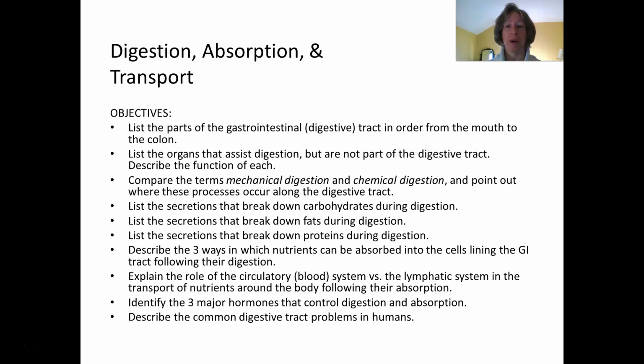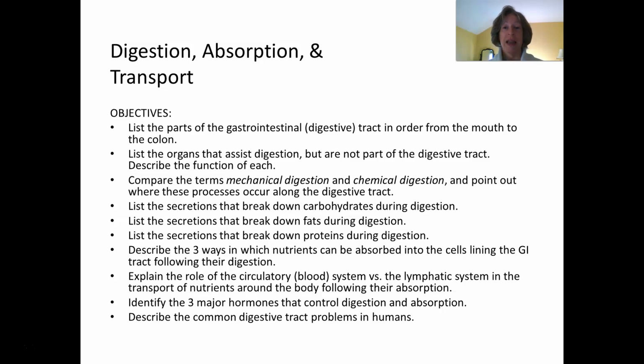Little to no digestion of proteins in the mouth. You do start to get digestion of protein in the stomach, and then it continues in the small intestine. So once we have our carbohydrates completely digested down into monosaccharides, our fats digested down into fatty acids and glycerol, and our proteins digested down into individual amino acids,